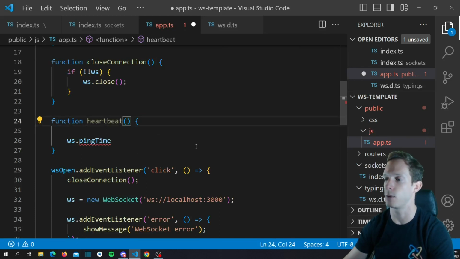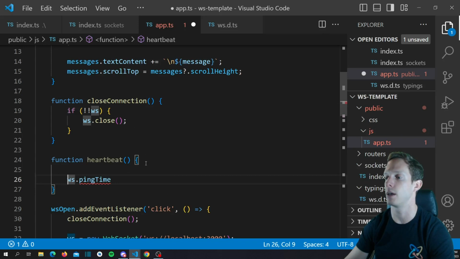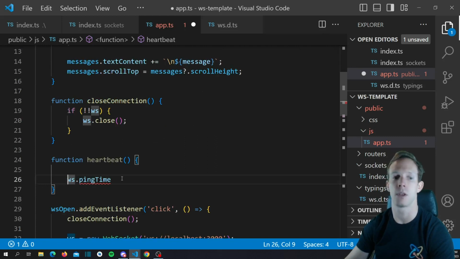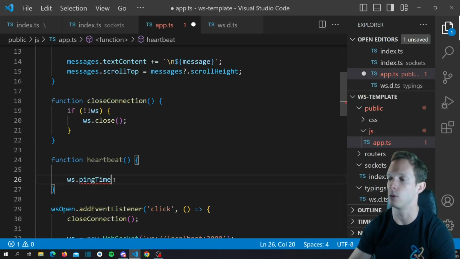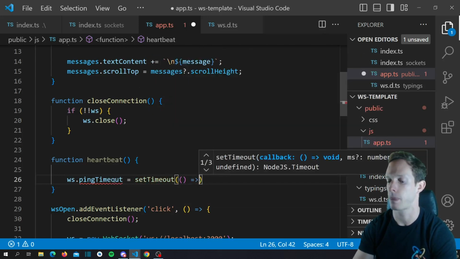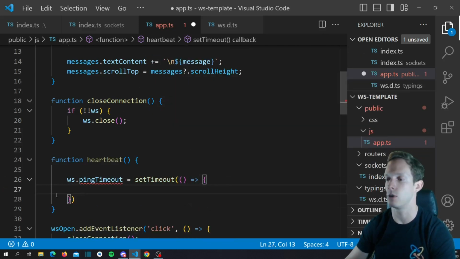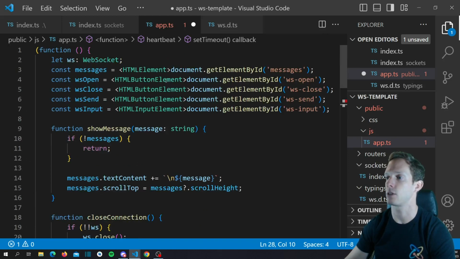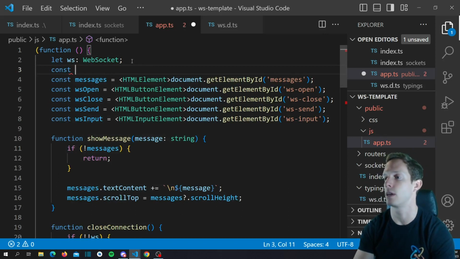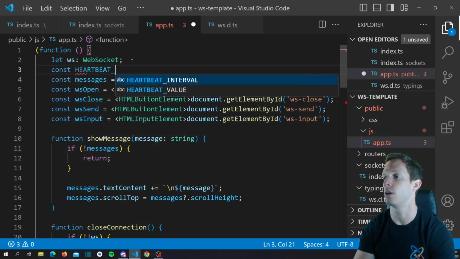We don't even need it, because we have WS in here already. So the heartbeat function will just be a function like this. We don't need to pass anything in. We have WS here. We're only going to have a single WebSocket at any given time. So what we want to do is we actually want to set ws.pingTimeout equals setTimeout. And what we need to actually do is we need to make sure that this value is a match to our server. So what we want to say is that we want to say our heartbeat interval here